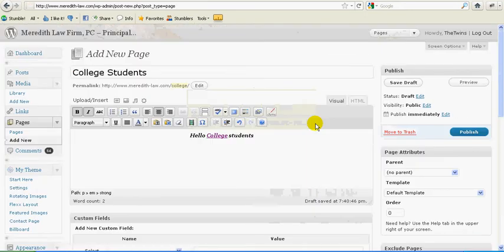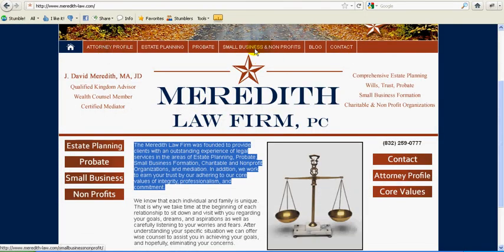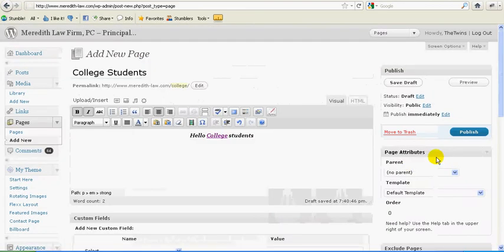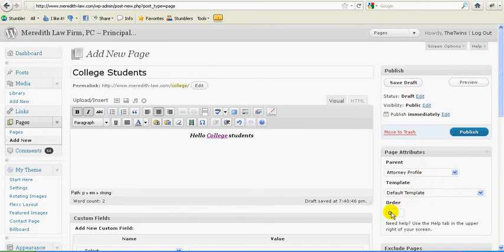So let's say we were going to create one called college students, but we wanted this to be found under the attorney profile. You could go up here to the parent. What does it mean by that? Well, right now, if there's no parent, it would fall under the main heading, but if we wanted to put it under the attorney profile,